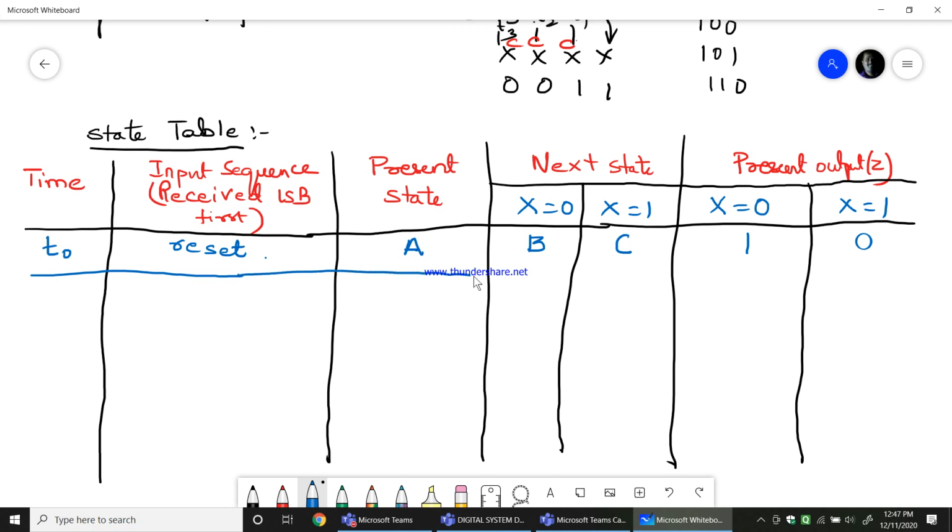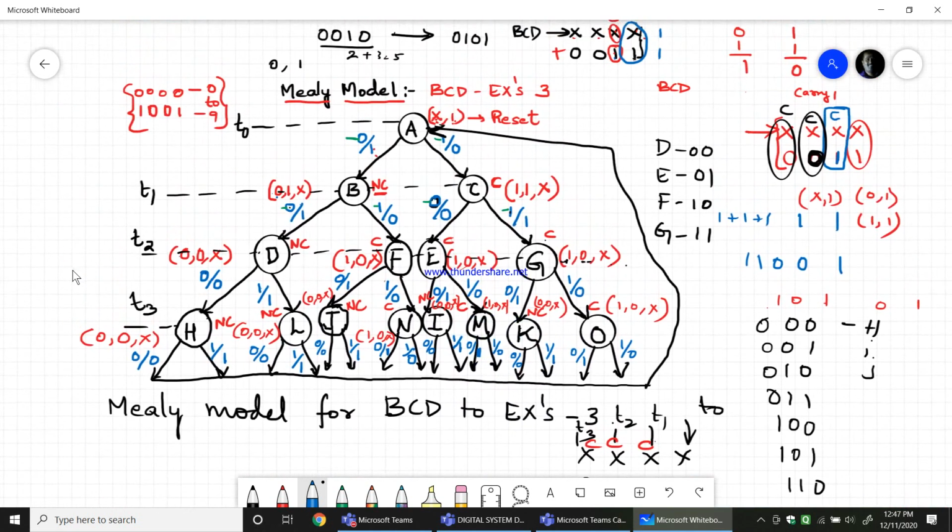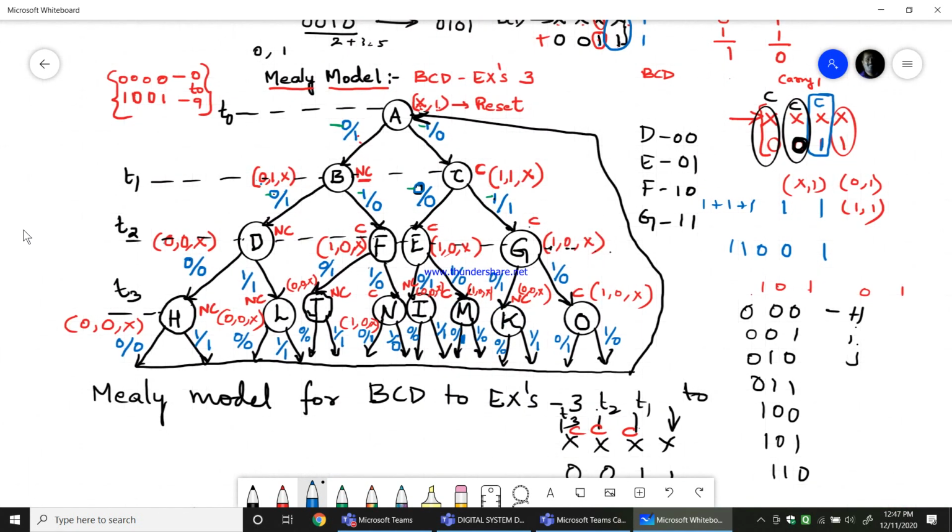Yes, students, I hope you understand the state diagram, because in the textbook he has written this table directly. If you are keeping the textbook with you, you can see that he has written this table directly without writing the state diagram. It's quite impossible. That is the reason I hate this Godse author's book. Though it is good for exams, in many problems he will jump the steps, and you will never understand how he has written the table until and unless you analyze how to do that.